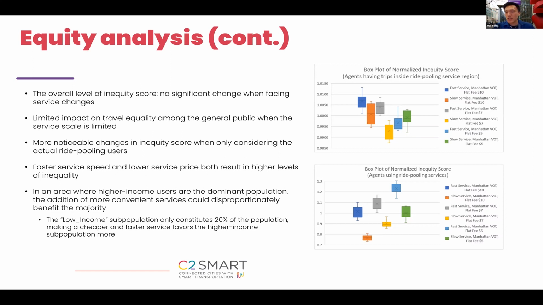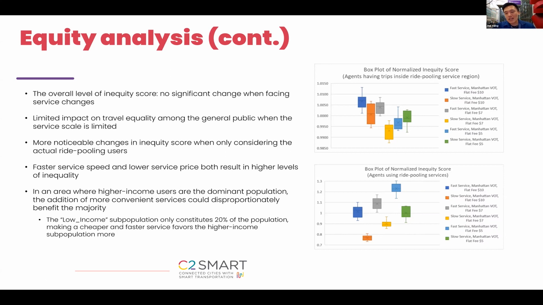But if we're focusing on the actual passengers using those kinds of services, we will observe that even though it could be cheaper, it could be faster. So in this case, the cheaper and the faster one, remember, higher the score, the less inequality. So when there's a very optimal service, like fast but cheap service, it will actually increase the level of